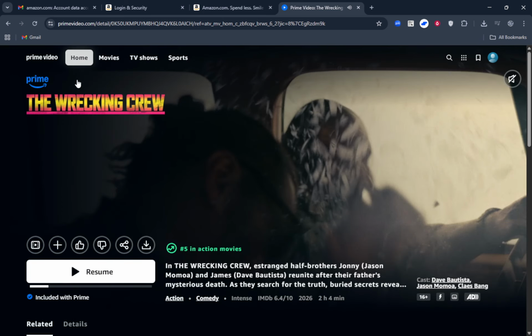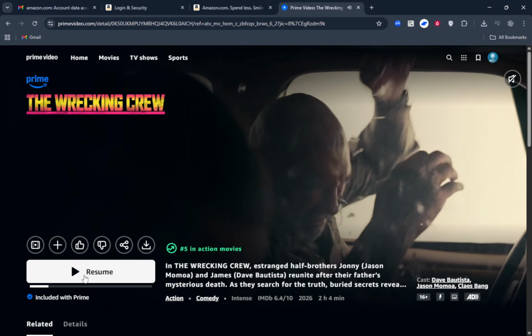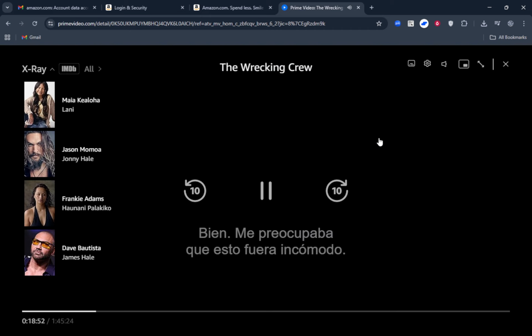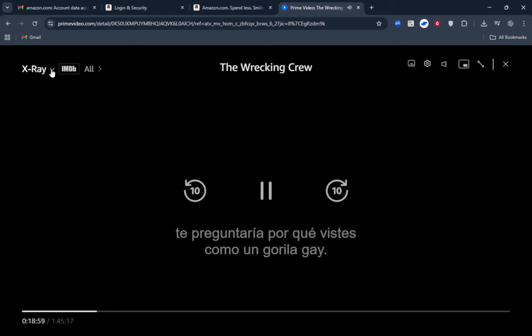First, play the movie or show you want to watch. As the video starts, move your mouse so the playback controls appear at the bottom of the screen. When the controls are visible, look for the X-ray button. It typically looks like a small eye icon and may be labeled X-ray. Click that button once. You'll see the X-ray panel or overlay disappear, which means it's now hidden for this viewing